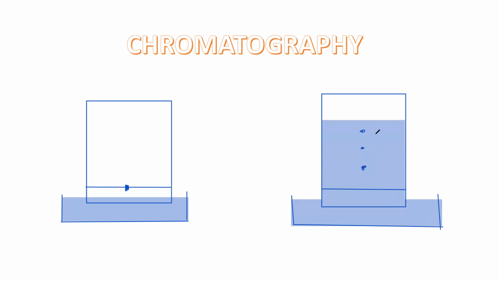So it means this substance consists of three different other materials, which are A, B, and C. Is it clear? So this is at the start and this will be at the end. Is it clear to everyone, the chromatography? Now some questions related to chromatography, for example,